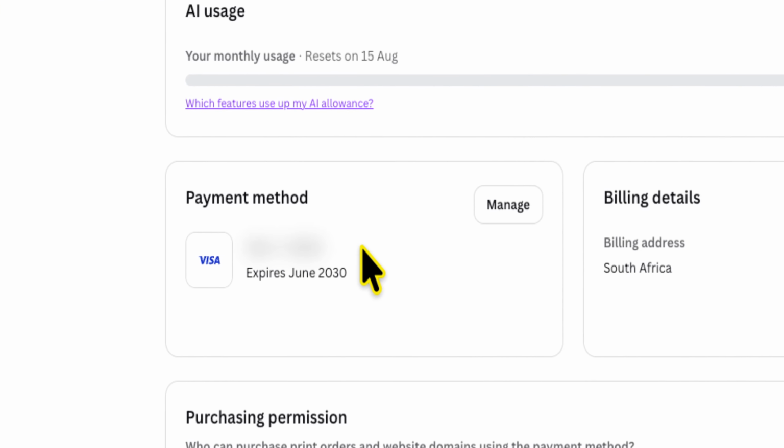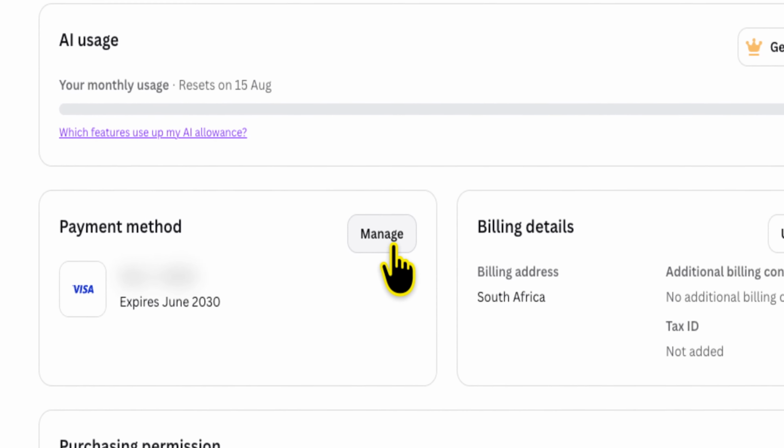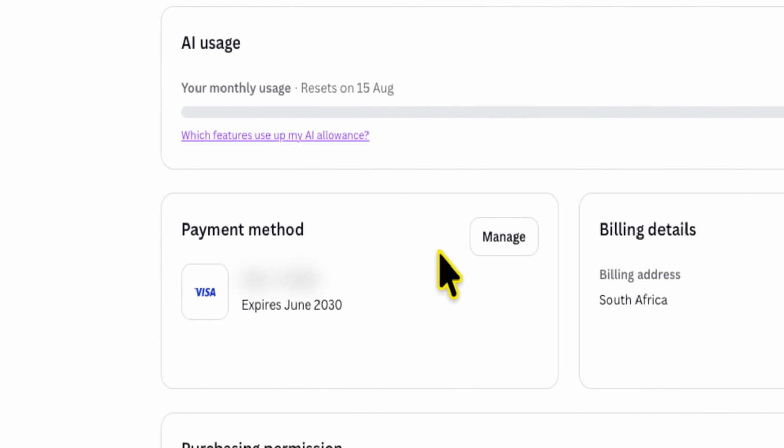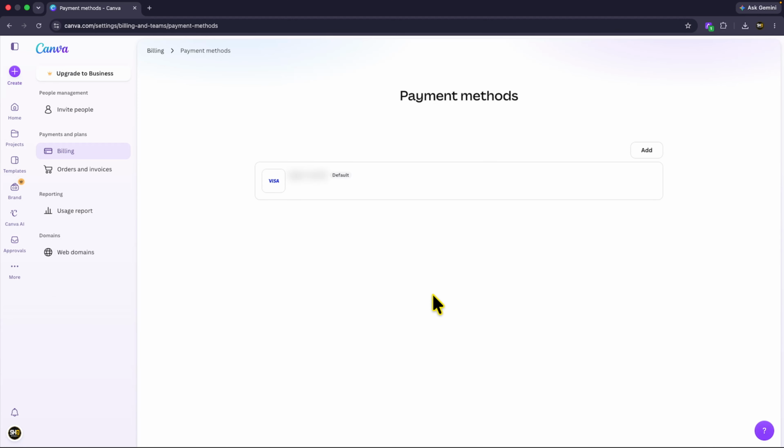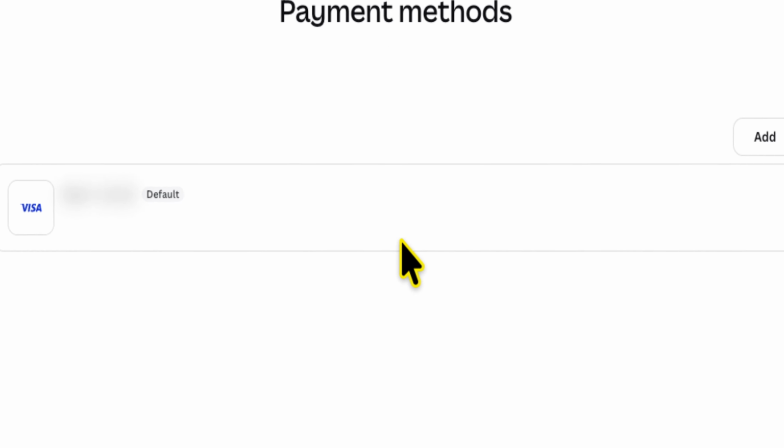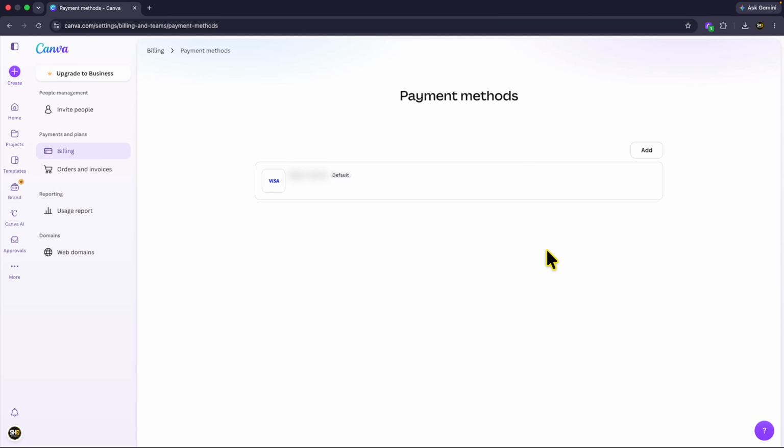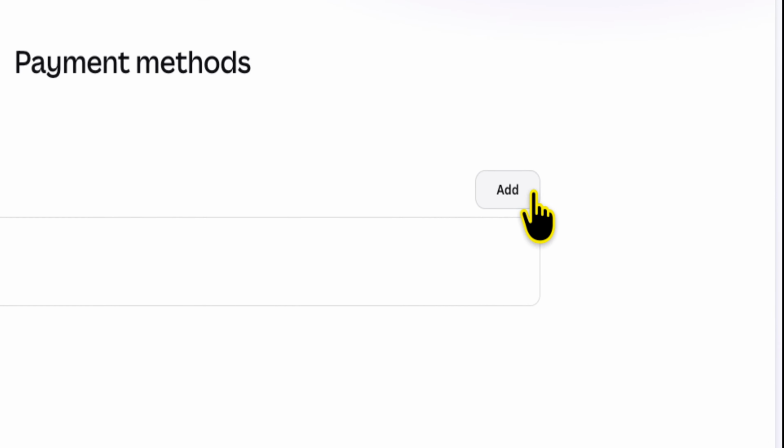If you haven't added one, I imagine it will say add, but if you'd like to add a new one, click on manage, and here you'll be able to see all of your various payment methods. What you want to do is click on add,